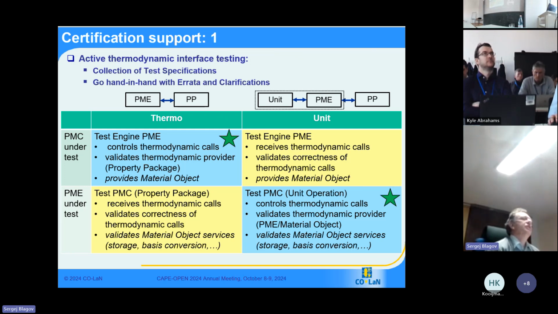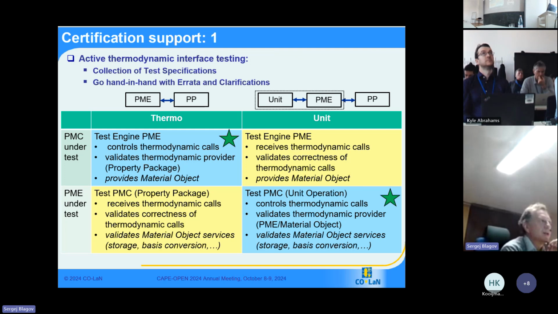It was much more difficult to clarify and adapt the description of methods to make them testable. For this reason, preparation of test specifications always went hand in hand with errata and clarification. Here on this slide, you see our roadmap matrix